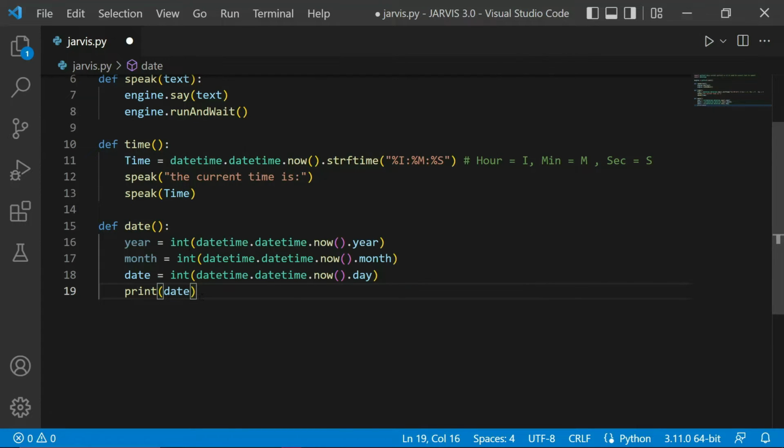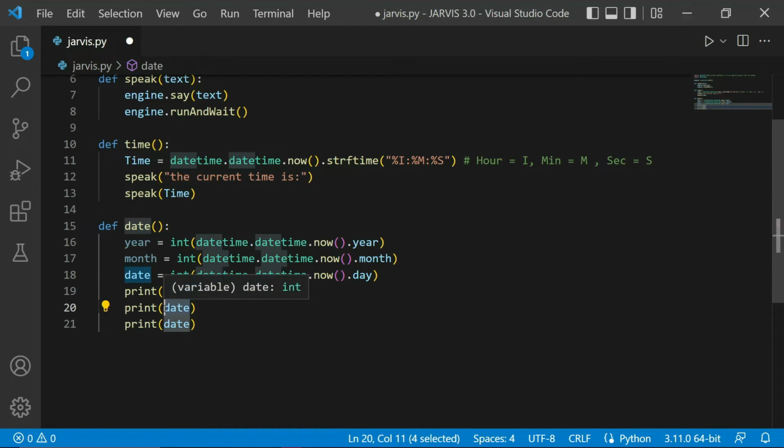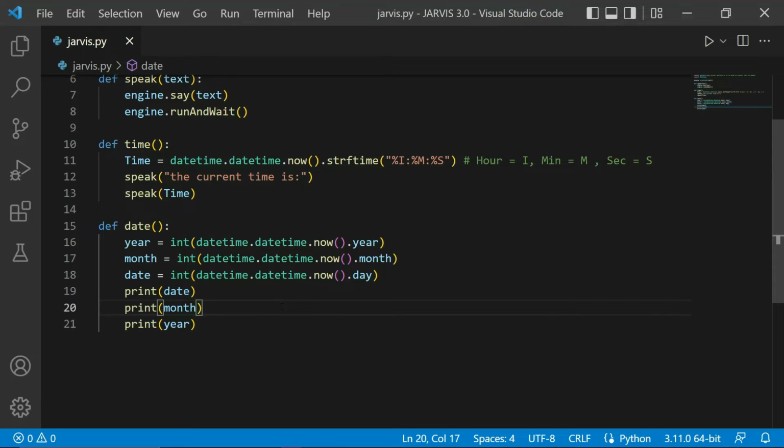We will just try to copy this thing. We want it to be in a format such that first it tells us the date, after that the month, and at last the year. I want it to be in this format. If you want, you can change the format according to your need. I will just add this thing over here just to correct the spelling of year. If we save this code and try to call this function first of all, and after that we need to save the code,